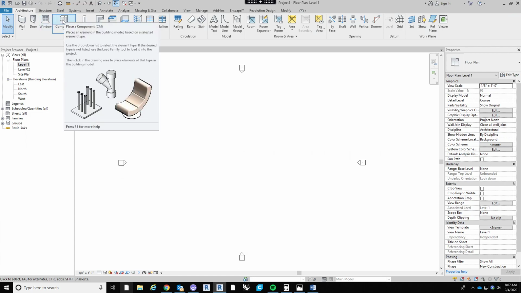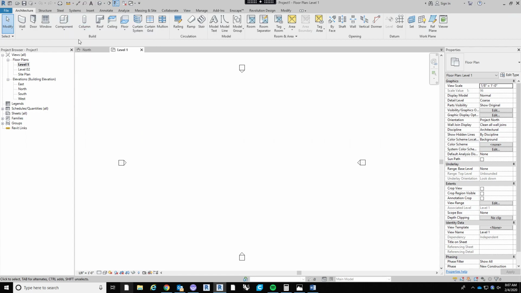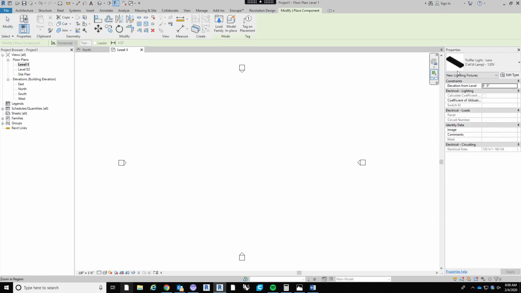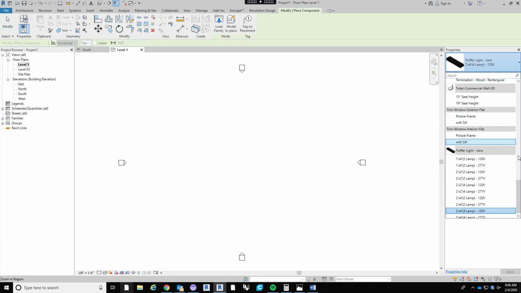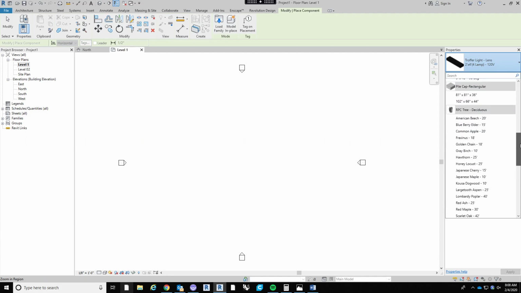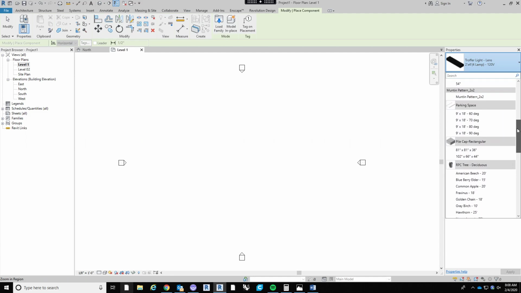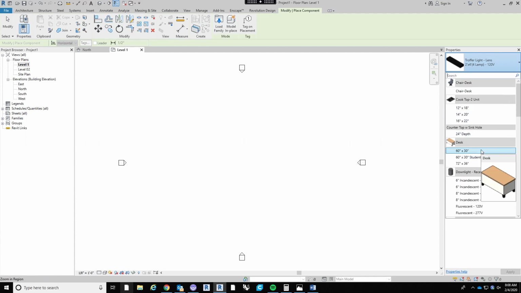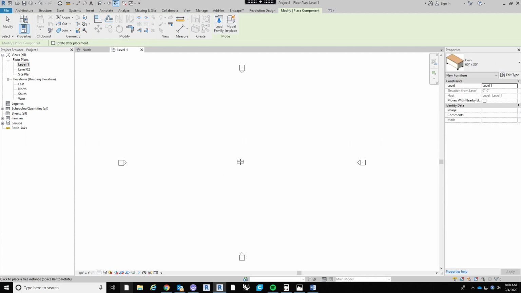So place a component is essentially place a family, and there are some different types of families that won't show up under Component, but the majority of them will be found here. This is where you'll find all of your furniture, any specific lighting elements, toilets, for example. So I'm just going to pick a desk for right now and place it